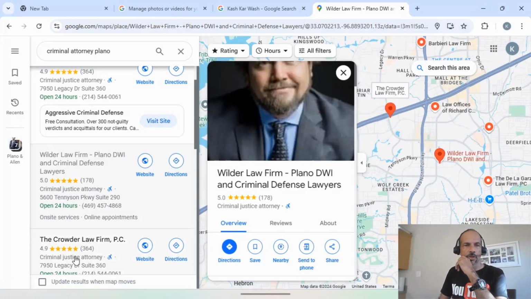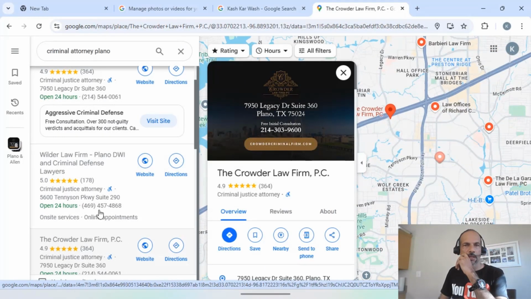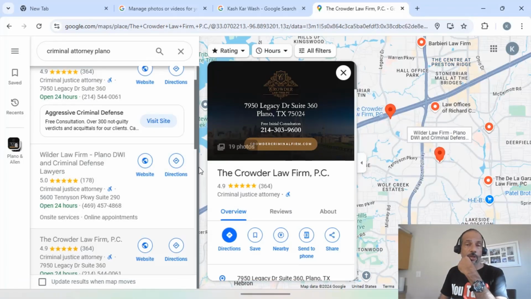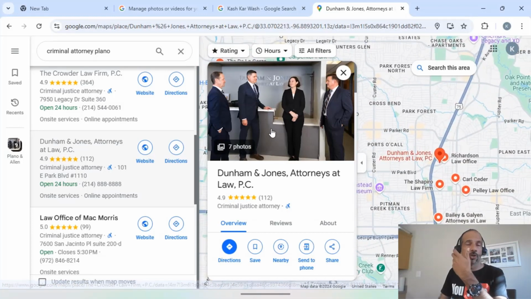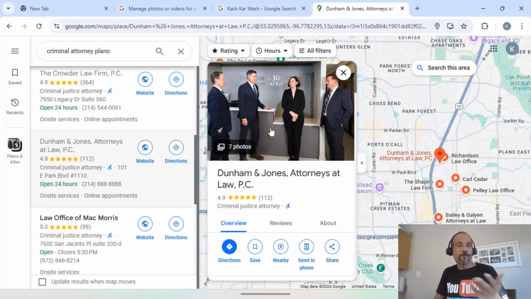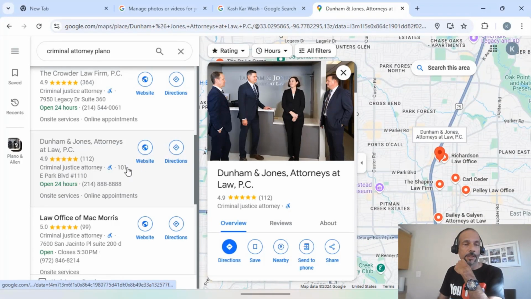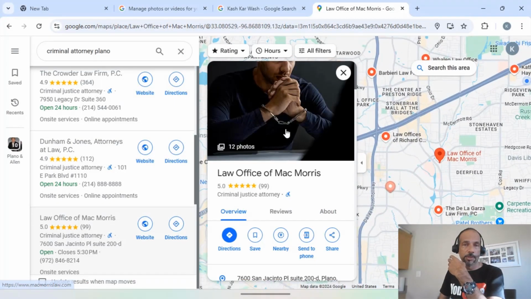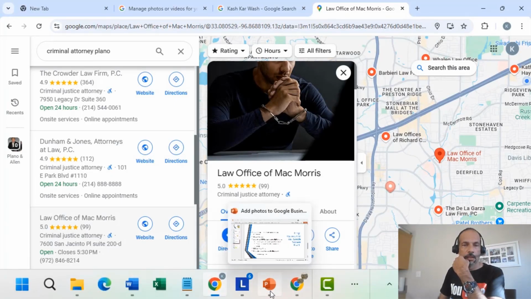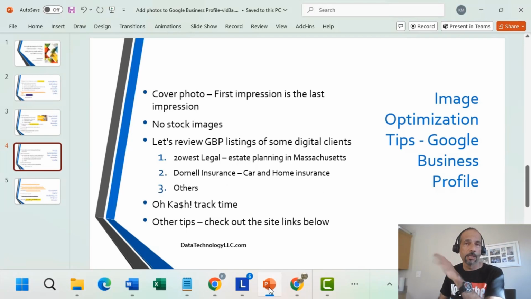You got a picture of the lawyer. If I click on this one, that looks good. It tells you where it is exactly. If I click on this, again, it's a bunch of lawyers. So the first picture really makes a difference, because if you want to connect with them, this is a good one too. Somebody is being incarcerated. So again, the tip really is the cover photo is going to be your most important